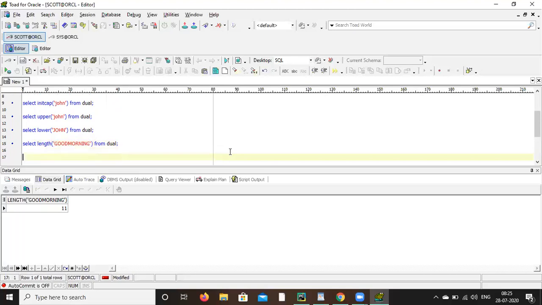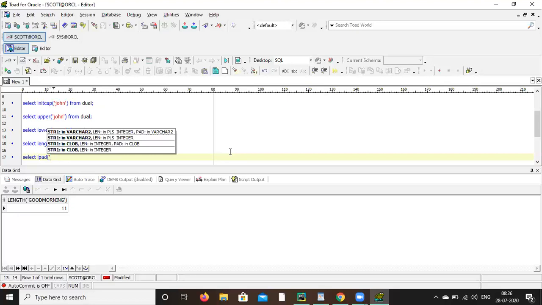Now next is select lpad. Within bracket, single quote, give some name, comma, 10, comma, star, from dual, star within the quote.